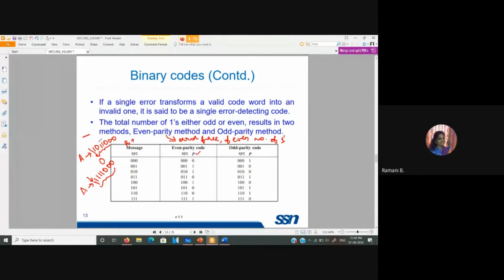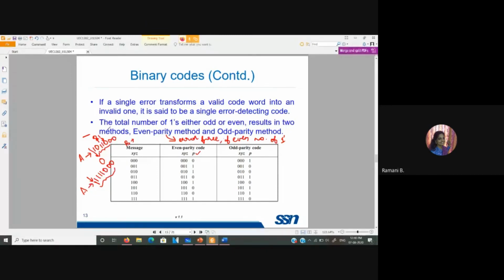If two bits change value simultaneously, say I have 101100, and while it is getting transmitted in the channel one bit changes to 0 and another changes to 1, the receiver will still receive the same odd number of ones. However, that cannot be detected.